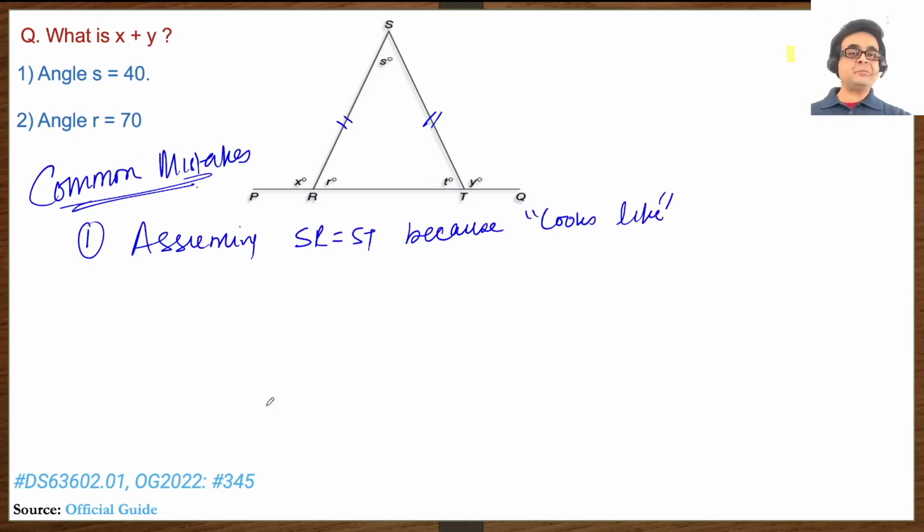So I'm going to repeat my tip. Do not assume from what looks like in the diagram. Always assume the diagram is not to scale unless it is clearly given in the question, which is rarely the case in GMAT. The second common mistake people make is to take this tip to the other extreme, which is to take nothing from the given diagram, including the fact that the line PRTQ, for example, or PQ is a straight line, and hence x plus r could not be supplementary,